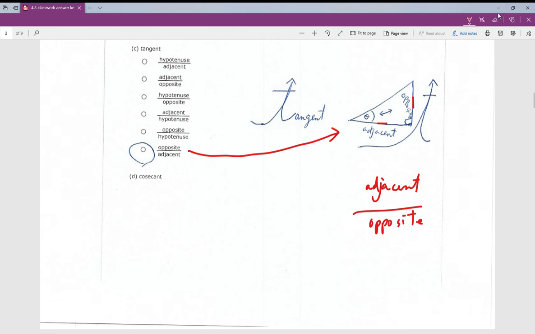If I make a reciprocal, these two exchange. Remember, if you exchange opposite and adjacent, they become cofunctions. Why? Because this angle is pi over 2 minus theta. So if you are talking about adjacent over opposite, basically if you say tangent of pi over 2 minus theta, and your reference angle is this angle, then